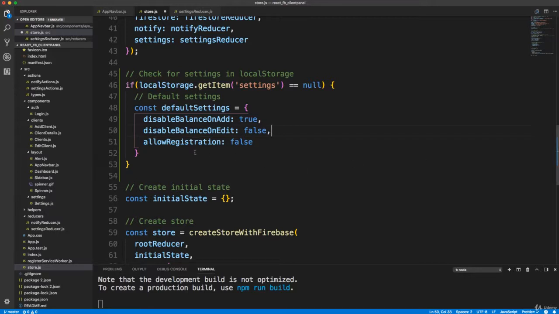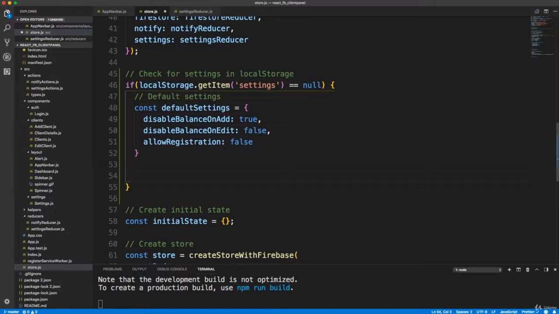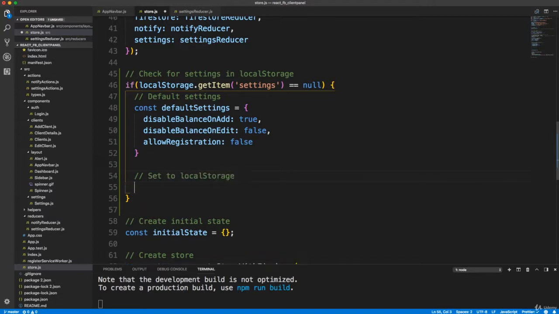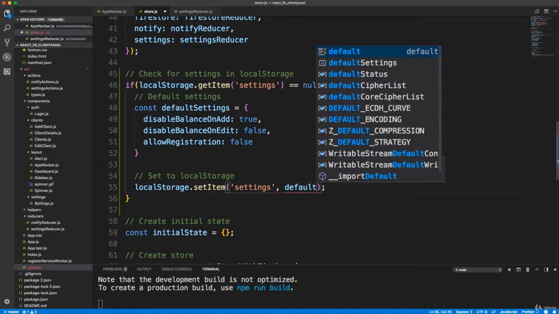And then we need to actually set it initially to local storage. So we do that by, let's put a comment here, we'll say set to local storage. So localStorage.setItem. Now, I don't know how familiar you guys are with local storage, but you can only put strings in local storage. So we want to set the key as settings, and then if I do default settings,